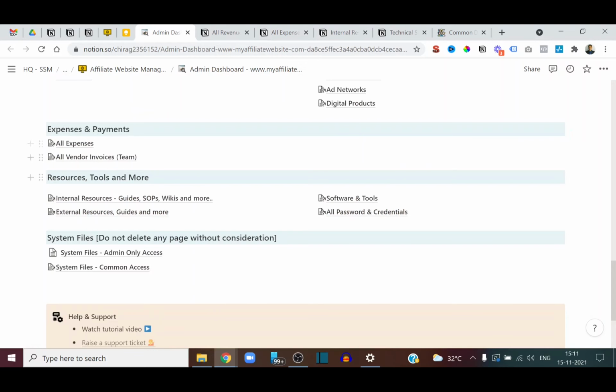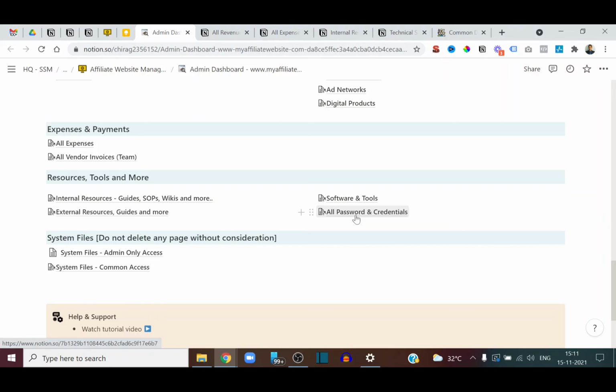Next, you may find a lot of good resources externally. You can also log them in this database. There will be a lot of tools you'll be using to reach scalability, manage your processes, automate stuff. You can manage all your tools in one place. The tools database is connected to the passwords credentials database and other databases.